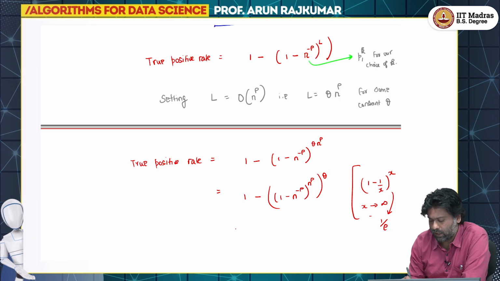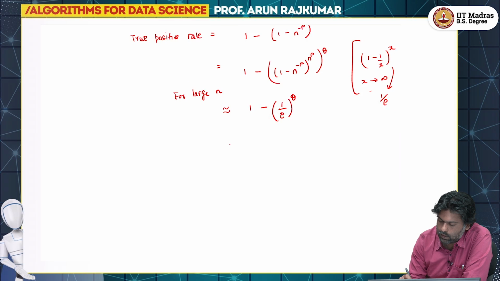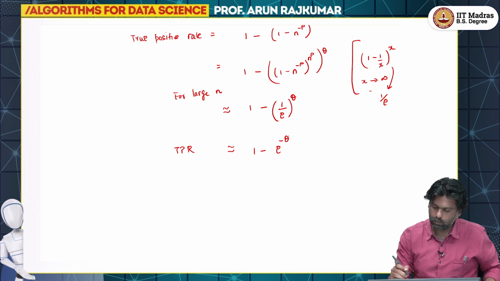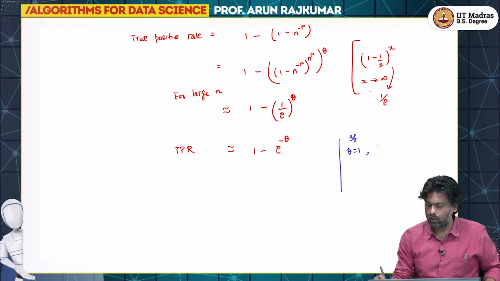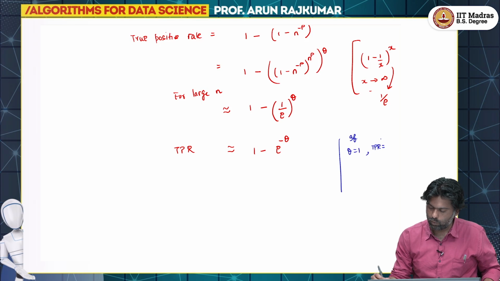So which means that this whole thing will become 1 minus 1 by e for large n. Of course this is all approximations, very accurate approximations by the way, power theta. So the true positive rate is going to be something like 1 minus e power minus theta. Just to give a sense of numbers, if theta equals 1, the true positive rate will be, so 1 by e would be something like 0.37,